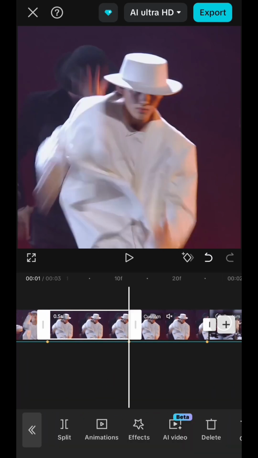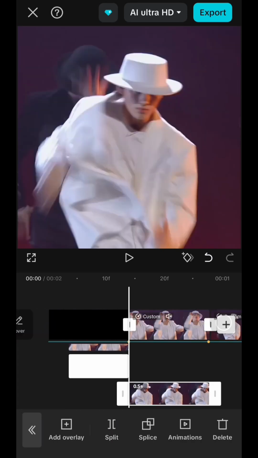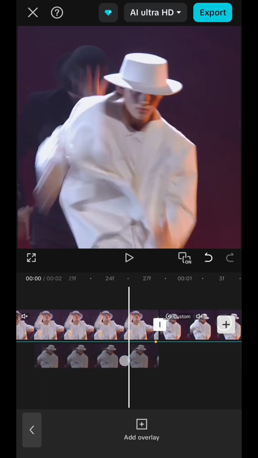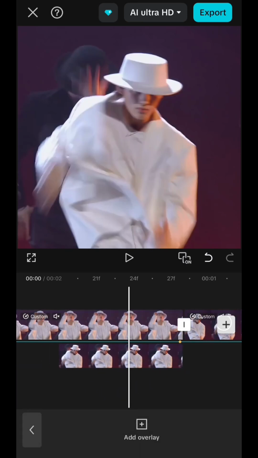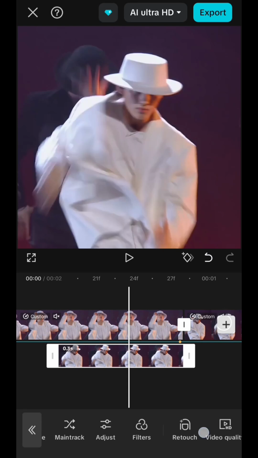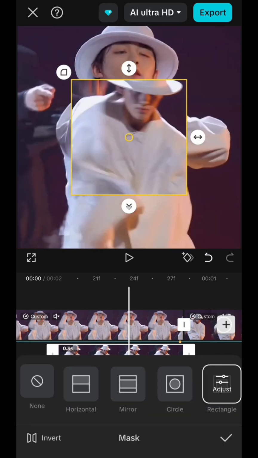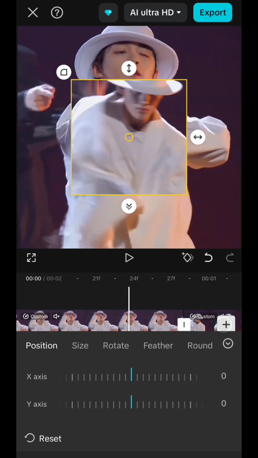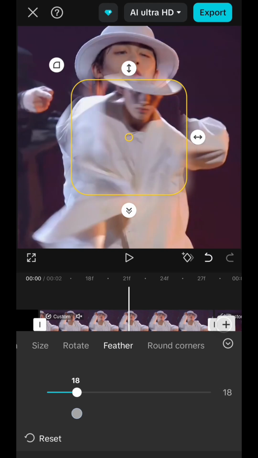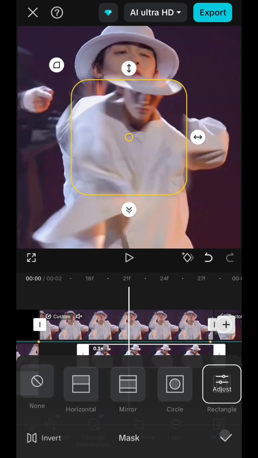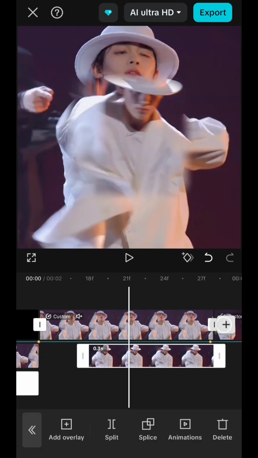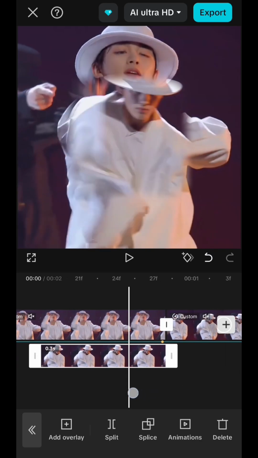And then move this frozen frame to an overlay and position it like this. Like this. Now just go to mask and then choose rectangle and then adjust the size, feather and roundness however you like. Like this. And then just scroll to just before the end of the main clips and add a keyframe, maybe